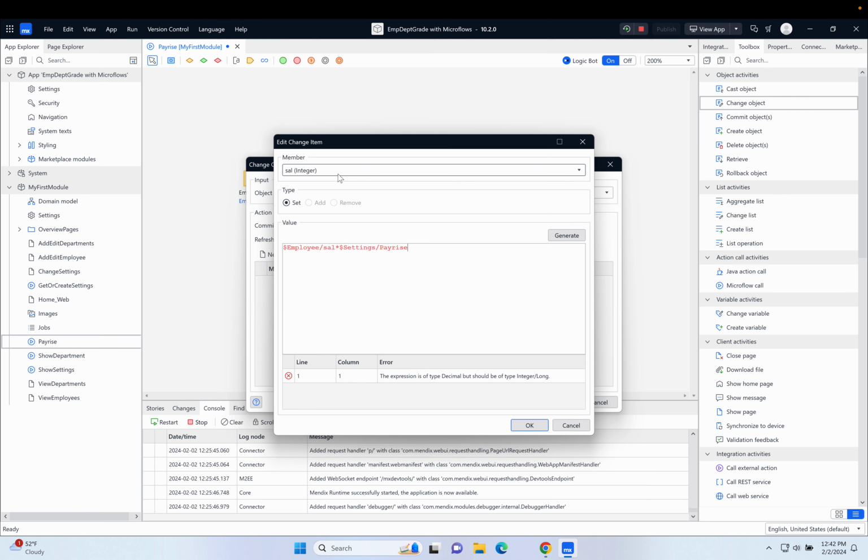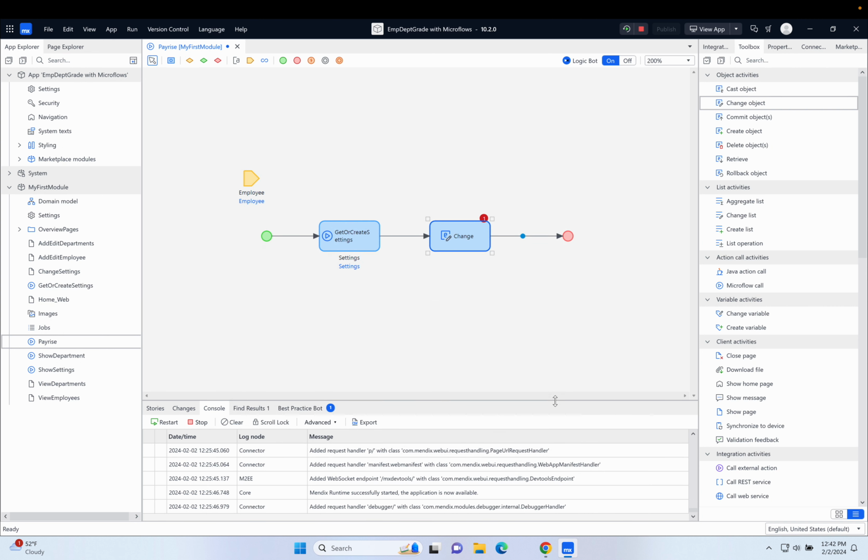Now, I've done that quite deliberately because I want to indicate that sometimes when you're doing a microflow you suddenly realize, oh no, it's going to have a consequence on our domain model. So what I'm going to do is save that, and we'll come back to this in a minute. What we'll have to do is go into our domain model,